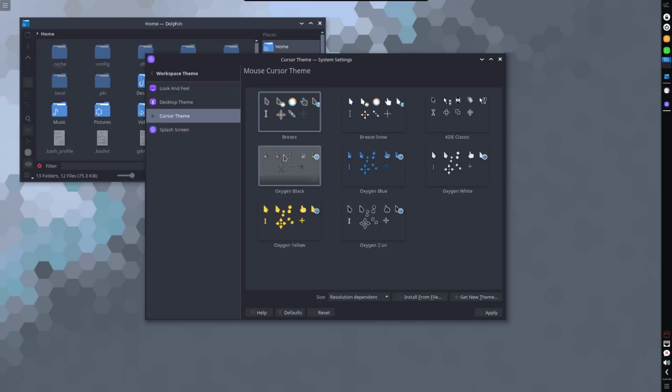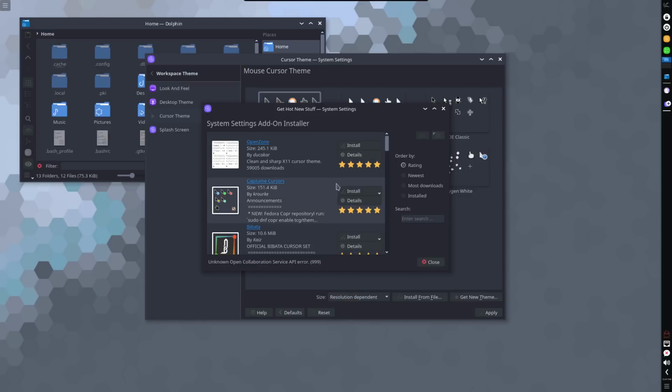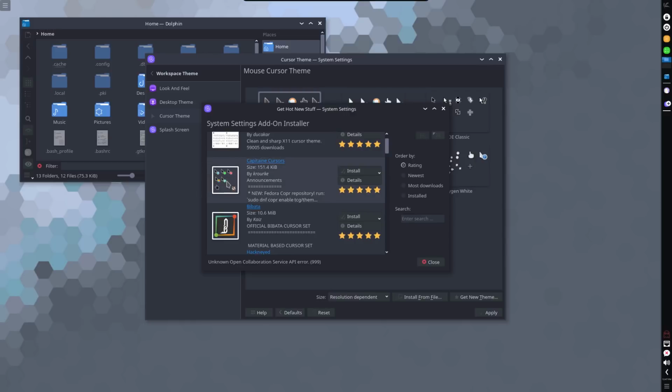But I indicated that they have this built in to where if you want to get a different theme other than one of these, you can just press this Get New Theme button, and an add-on installer will come in, giving you a screenshot of the theme, okay? Okay, let's say I like this one. I can just go ahead and install this. And it looks like it gave me a few options here too. Okay,